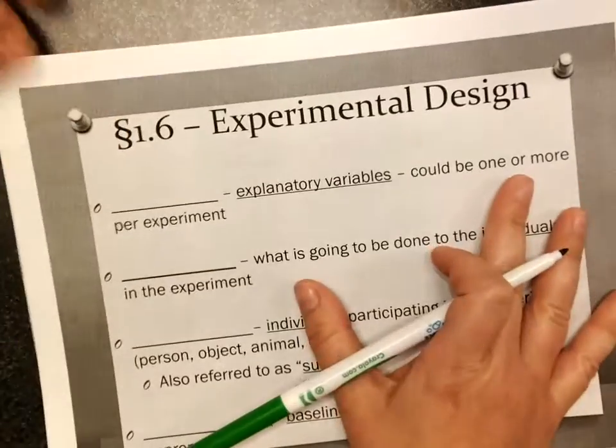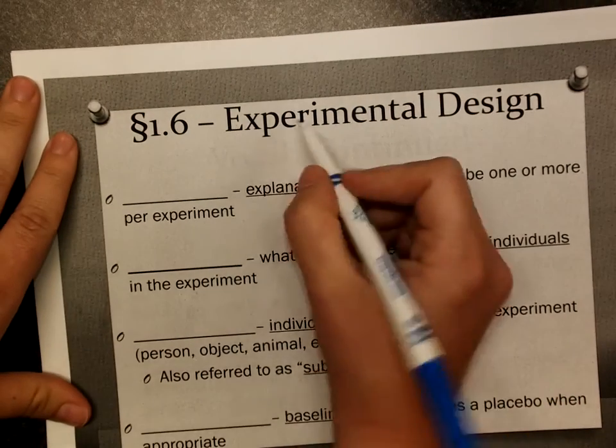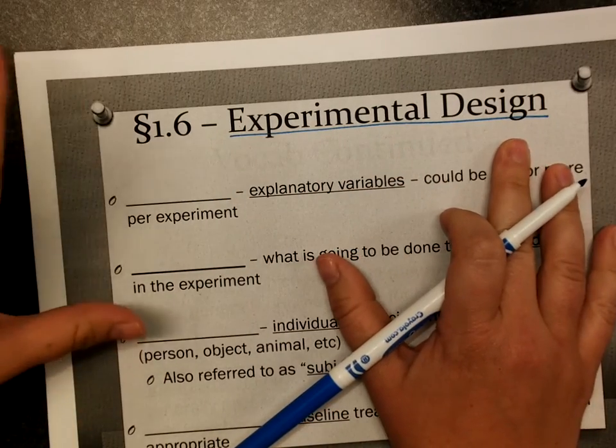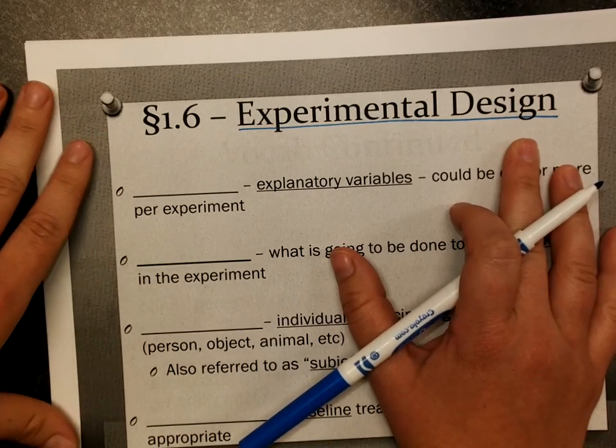And finally, with section 1.6. This is again the longest chapter. It's got a lot of material in it. All right. So we have experimental design. Experimental design could be its own course. There's a lot that goes into experimental design. This is again